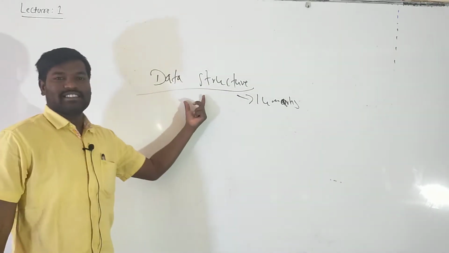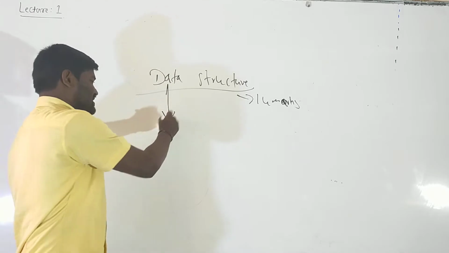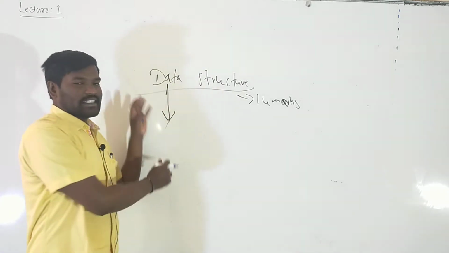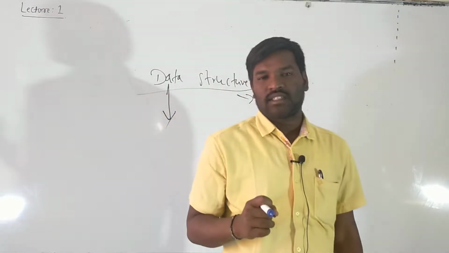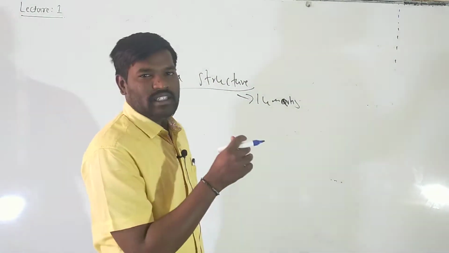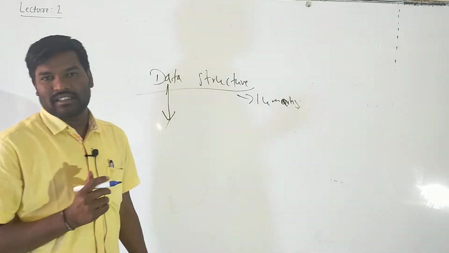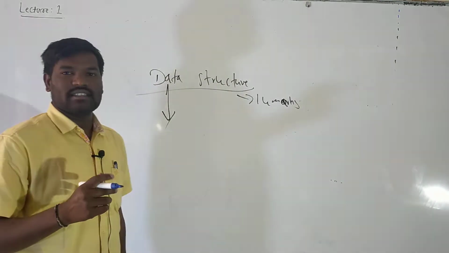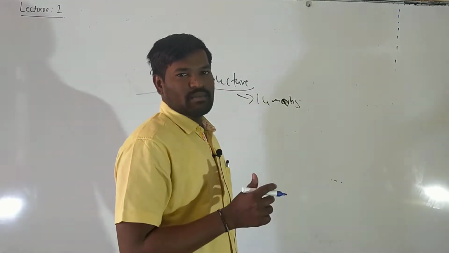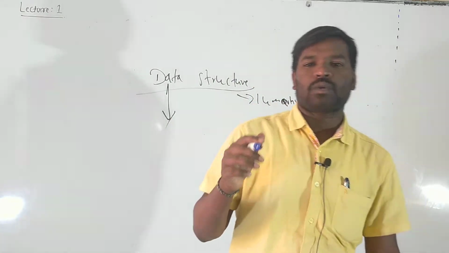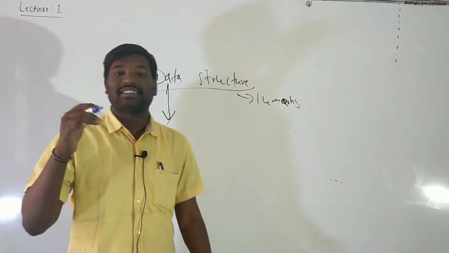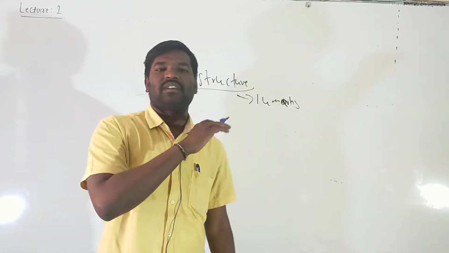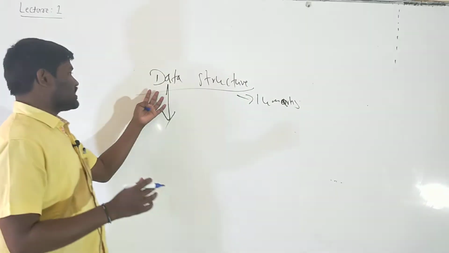Okay. So data structure means we already know what is data. So here data means it is a collection of known and unknown facts. So here facts indicate whatever we have to feed, that is nothing but the data. For example, with the help of keyboard, we have to enter alphabets, or symbols, or digits. So whatever we can feed into the system, that is nothing but the data.